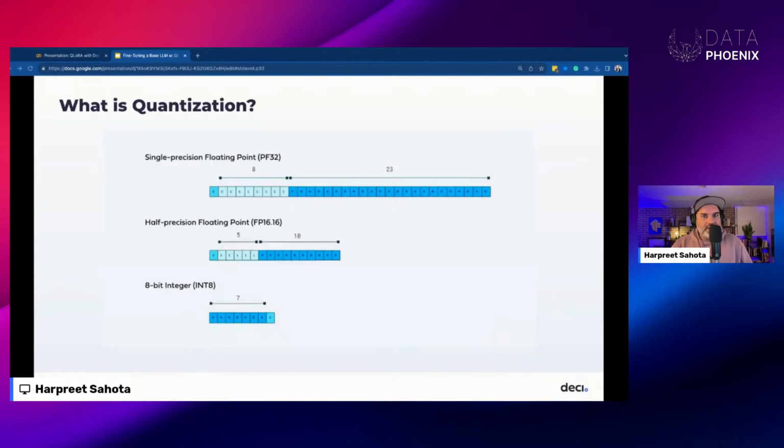But what is quantization? Let's talk about that. This image comes from the Deci blog, The Ultimate Guide to Deep Learning Model Quantization. You can Google that, check it out. We talked about how LoRA significantly reduces the number of trainable parameters in a model, but we also discussed why it still requires a considerable amount of computational resources for training and inference. And so QLoRA has taken LoRA to the next step by introducing quantization. Quantization is essentially reducing the precision of the numerical values in a model, which is going to lead to further reductions in computational requirements.